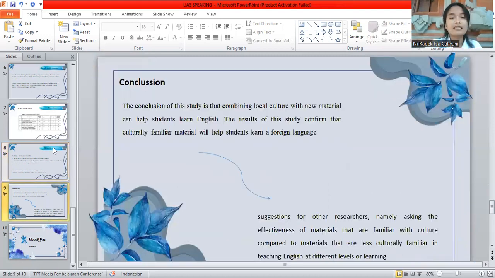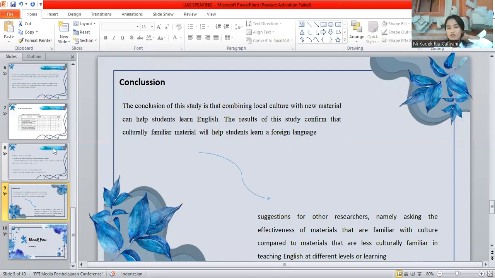The last is the conclusion. The conclusion of this study is that combining local culture with new material can help students learn English. The results of this study confirm that culturally familiar material will help students learn a foreign language.